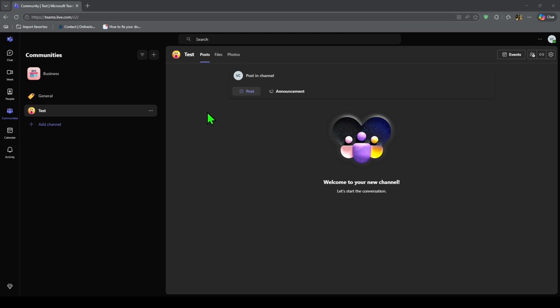If you create a standard channel, everyone on the team will be able to see it right away. That makes standard channels ideal for general work, announcements, or project discussions that involve the full team. Microsoft also points out that posts in standard channels are searchable by others